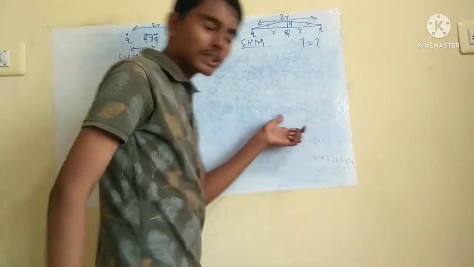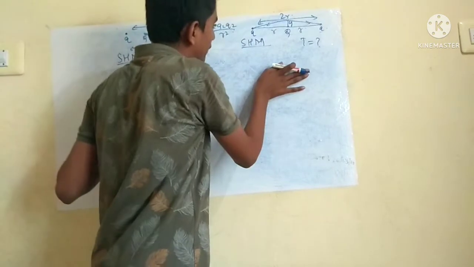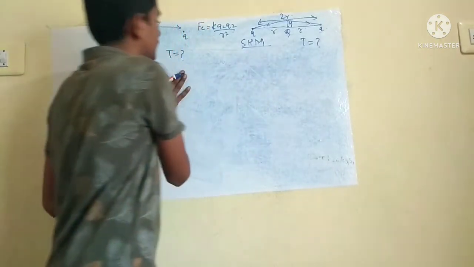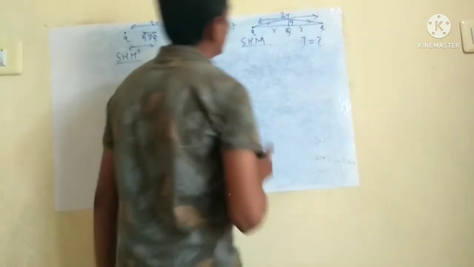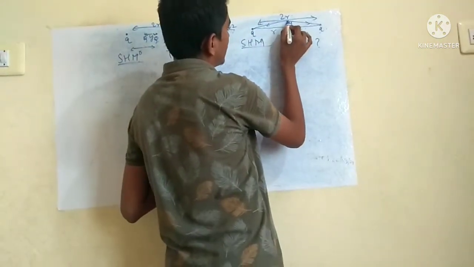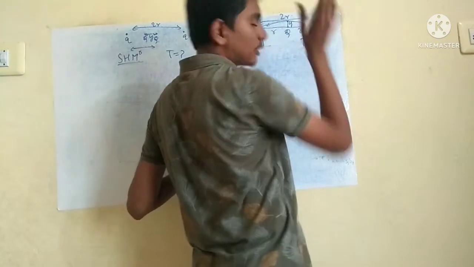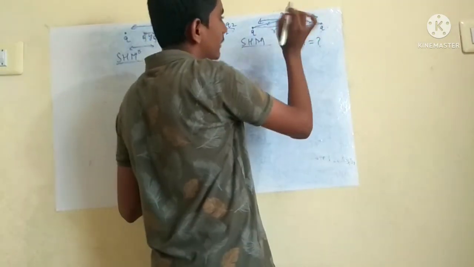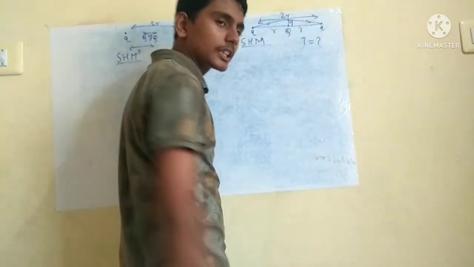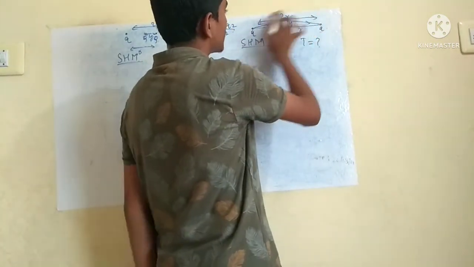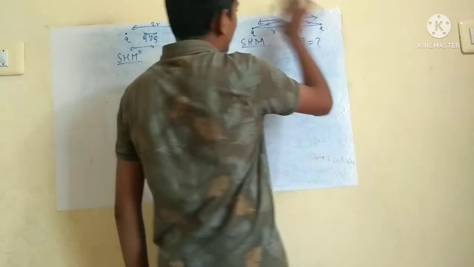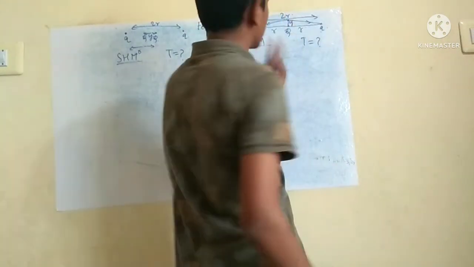Now in competitive exams they will ask the ratio of this time period in this case and this case. The ratio they will ask. Okay, now we will calculate ratio. Okay, now when it is here, calculate the resultant force. Here also same force is acting, here also same force is acting. Yeah, because their charges are also same, the distance is also same. So equal forces are acting in two directions.